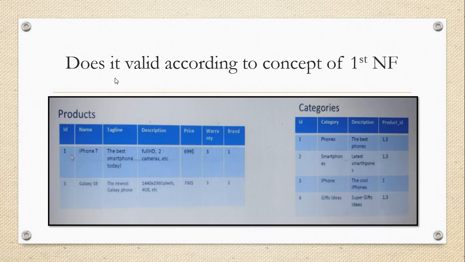This is the question: is it valid according to the concept of first normal form? So is it valid? The answer is no. Why? Because every record or every attribute must contain a unique value, and here I am separating the value. Do you remember the concept of Apple and MacBook? In that, first normal form, we were accepting two choices, choice number 1 and choice number 2, and in that we get redundant data. Like that, here it does not fit the first normal form because it accepts multiple values. So for that, make a note of that.